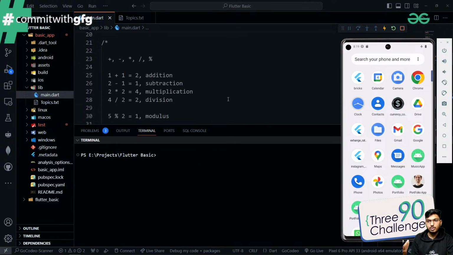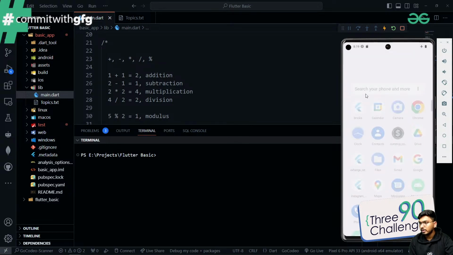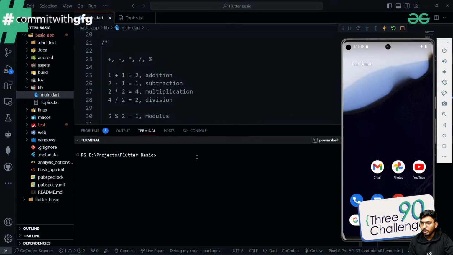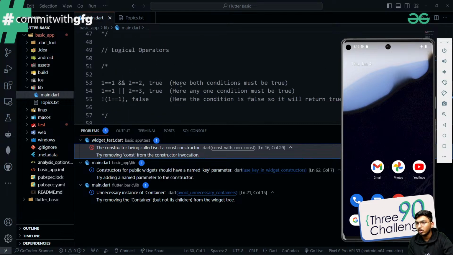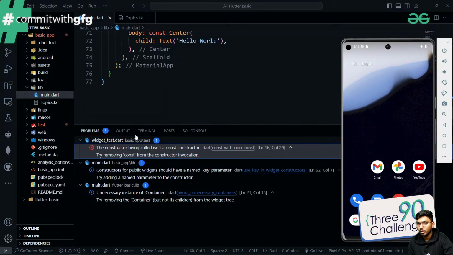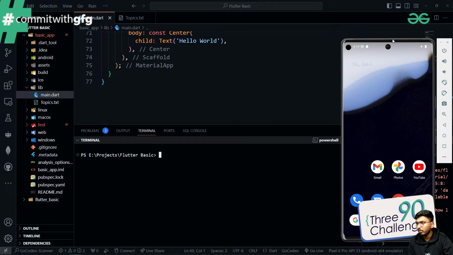If you have all the proper things and extensions installed in your application, it will run exactly fine. It's going to take about a minute or so to run properly, because it sometimes takes time. Let's see if it gives any error. Currently it's not giving us any sort of error, but